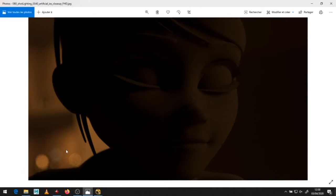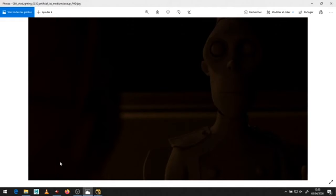We'll see the setup for the bokeh later on. And only this frame, okay? This frame is not working. Why is it not working? It's way too dark, okay? When I compare with this,